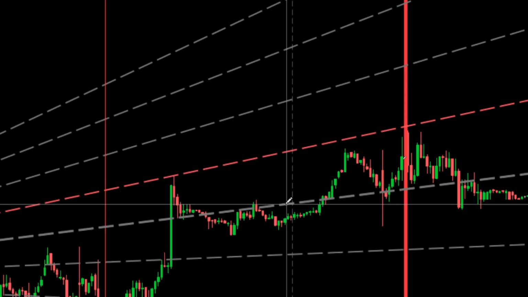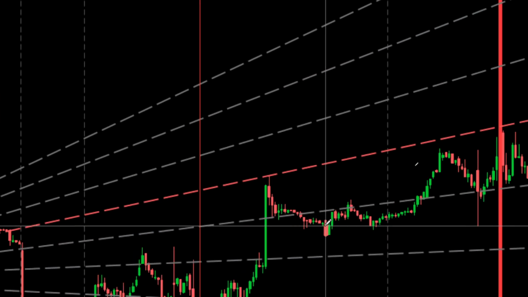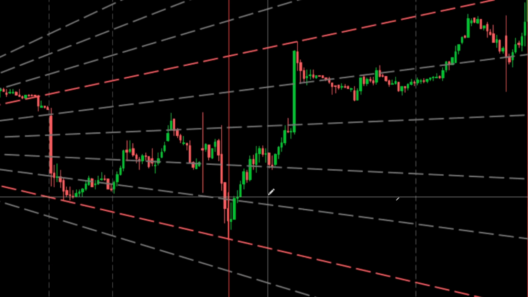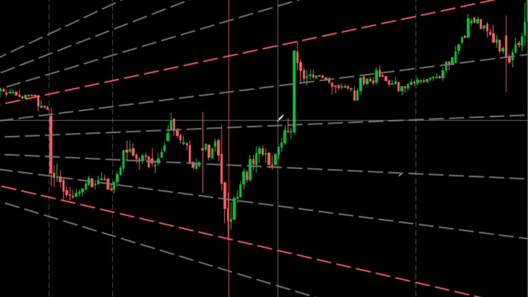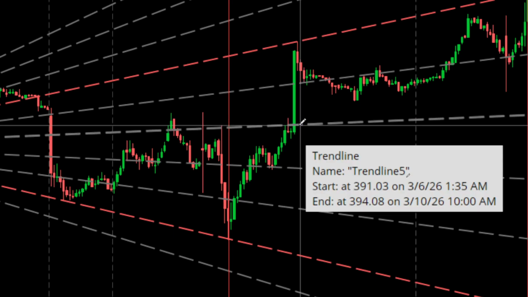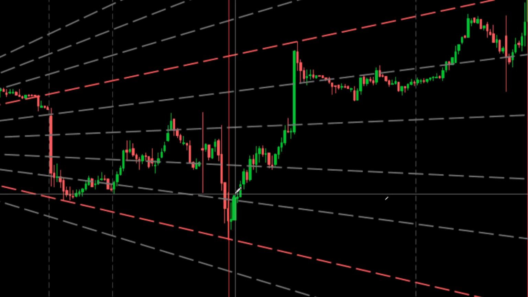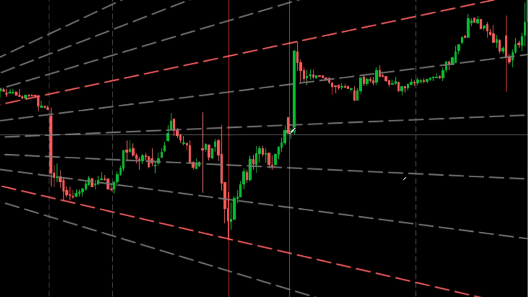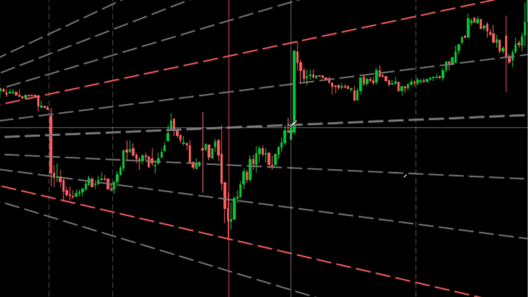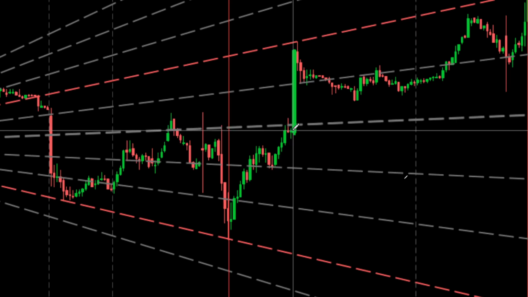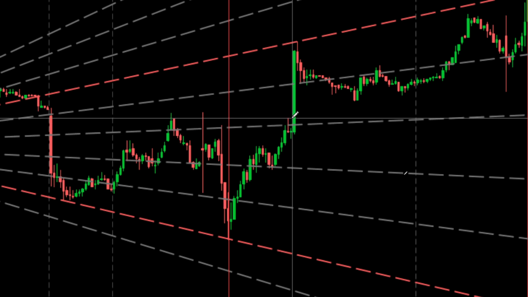What else have we got here? Here. Would I have gone short here? Well, no. I've got no reason to go short. You say, well, there's a fan line there, but what is this? Bullish. So if I take a short here, that's counter trend. The odds of counter trends are much lower than a continuation.